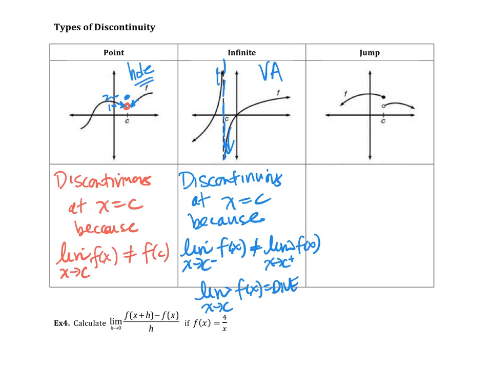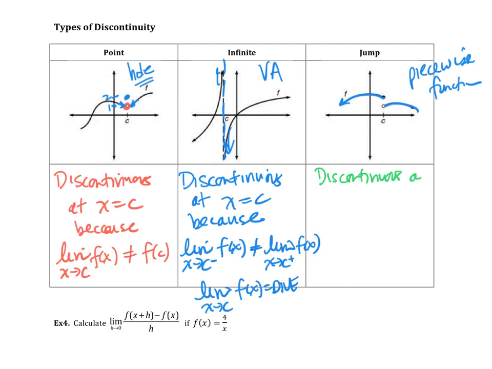Jump discontinuity is when you are following along the graph and then you have to pick up your pencil and go somewhere else. And it's like a piecewise function, right? So this looks like a piecewise function. So jump discontinuity is